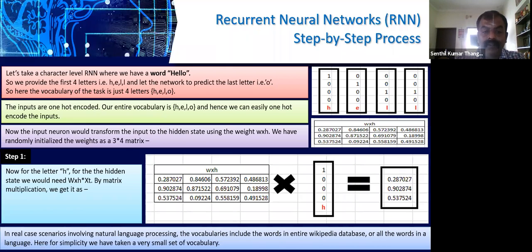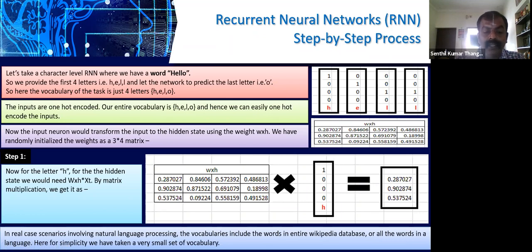The next is the value that has to be provided for the weight. So you need an initial weight matrix. The weight matrix will be 3 cross 4, right? Why it's going to be 3 cross 4 is that we have 3 values and it's going to be for a 4-bit representation, right? So it is 3 cross 4 here. Now let's take the first letter. The first letter we are giving for the input is H, right?